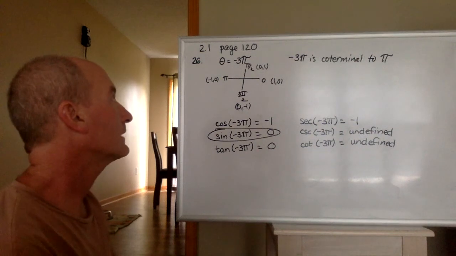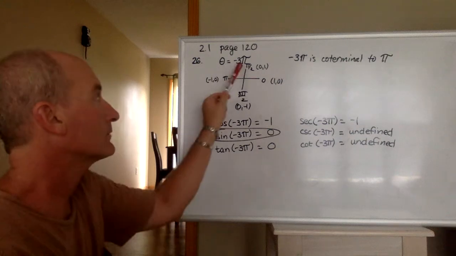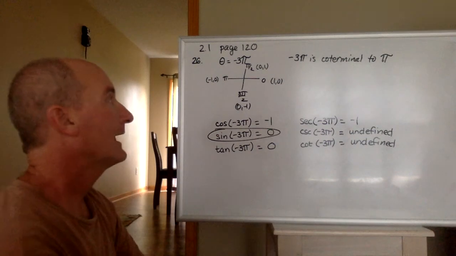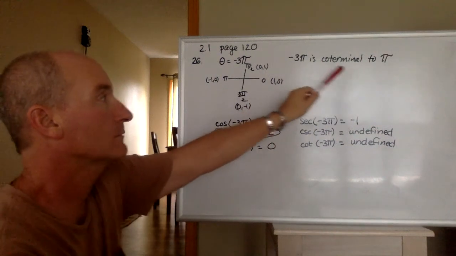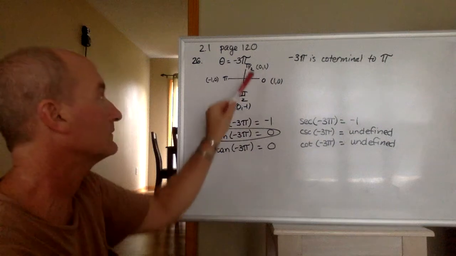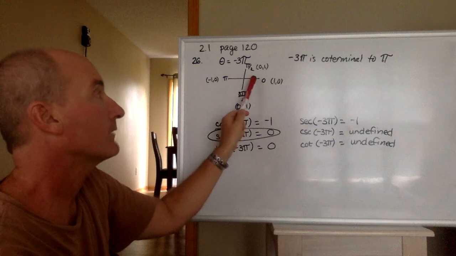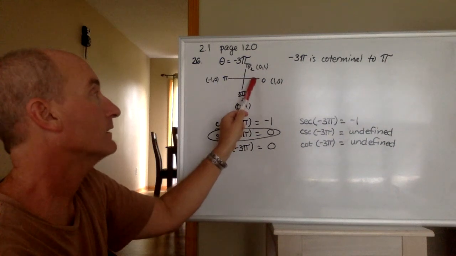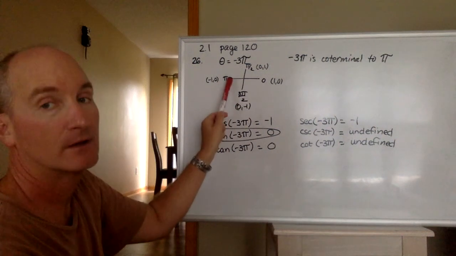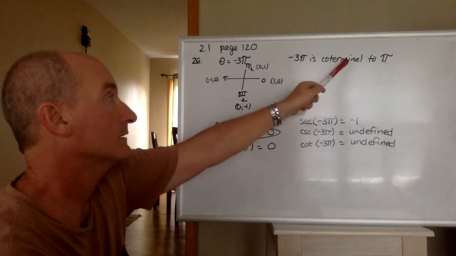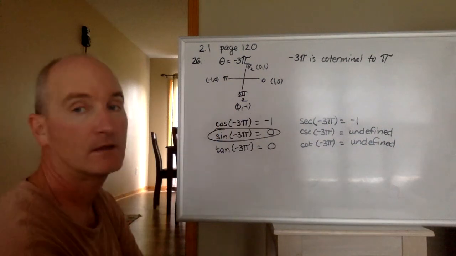Okay, on page 120, number 26, they give you the angle negative 3 pi radians, and negative 3 pi radians is coterminal to pi radians, which corresponds to the standard angles on the unit circle. If I travel negative 3 pi radians in the clockwise direction, there's negative pi radians, negative 2 pi radians, and negative 3 pi radians. I land at the same terminal side as if I just traveled pi radians in the